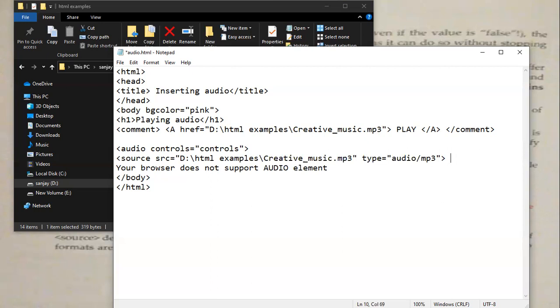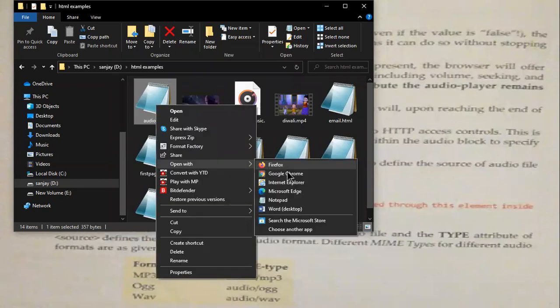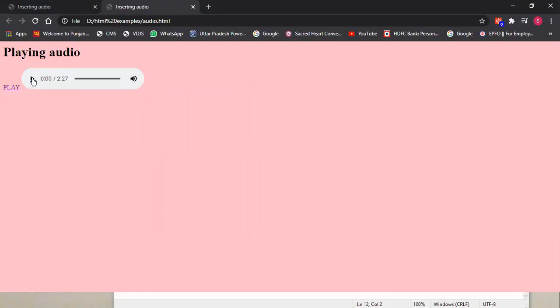Then I have to close this audio tag, save, and then let me refresh it in the browser or open it once again. See.